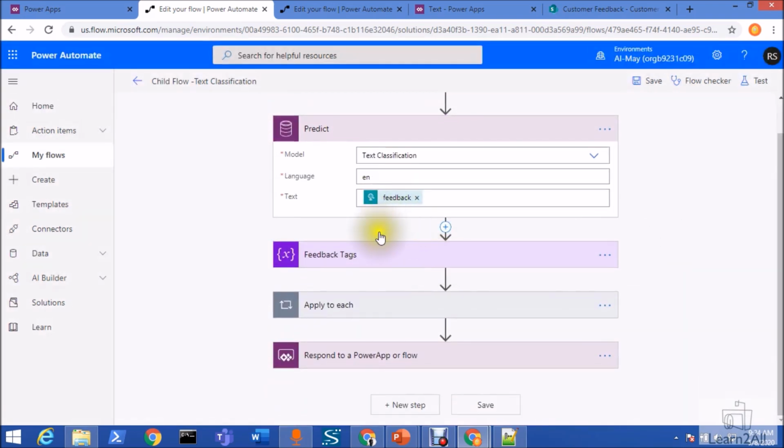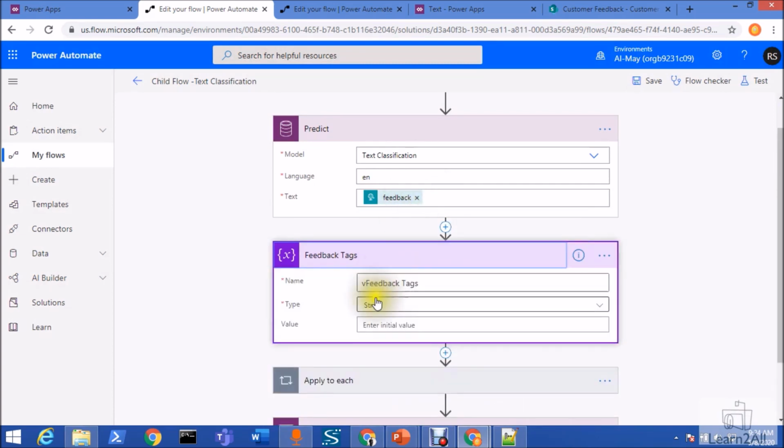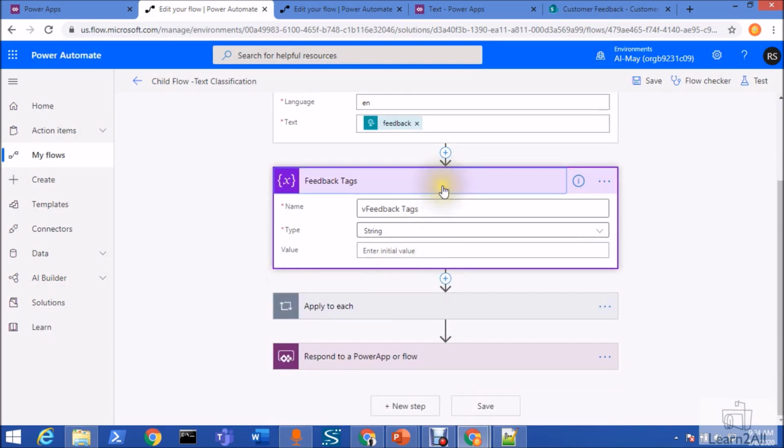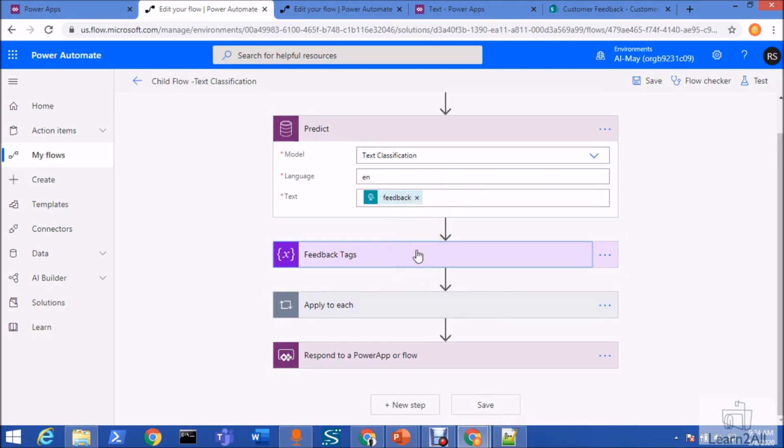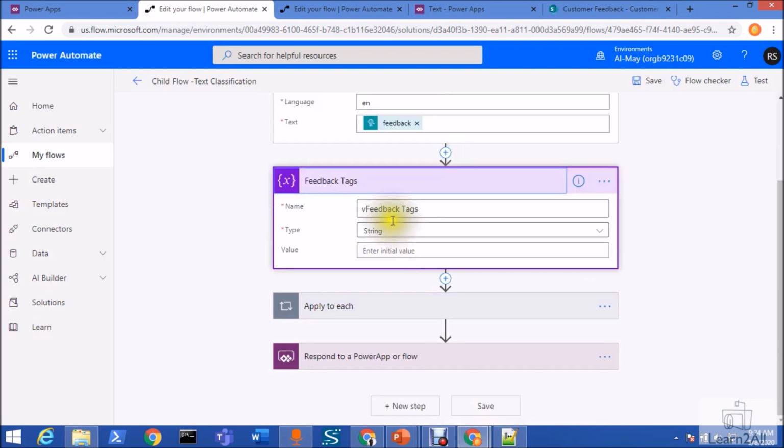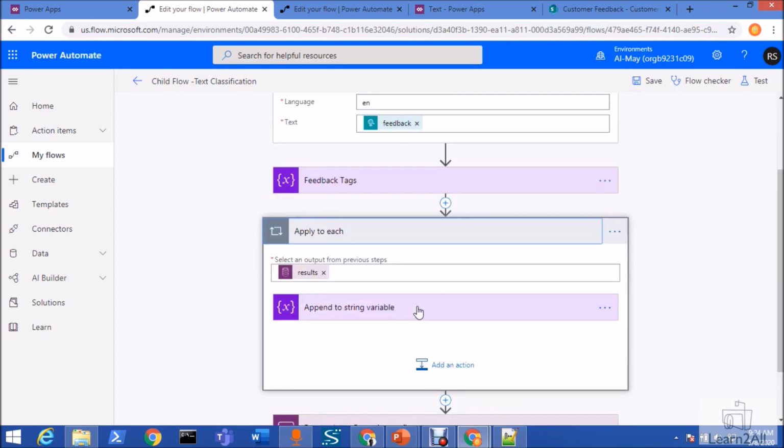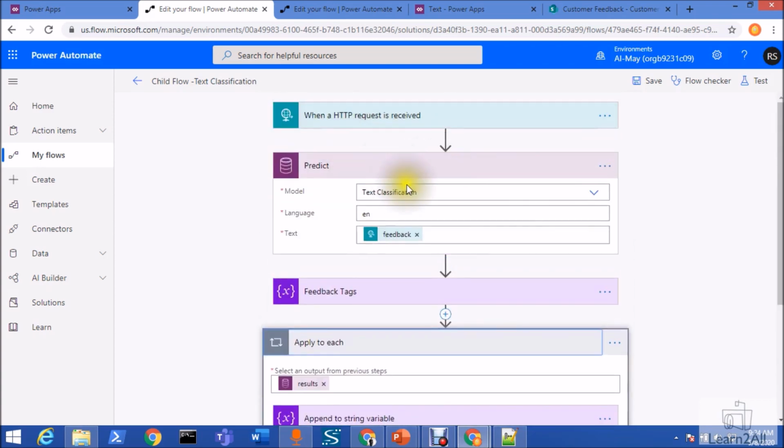After that, you will be receiving the feedback as an output. There is a possibility that you will receive multiple feedbacks and you want to append each individual text to each other. So I defined one variable, feedback text, and I'm using apply to each on the result of this predict model.